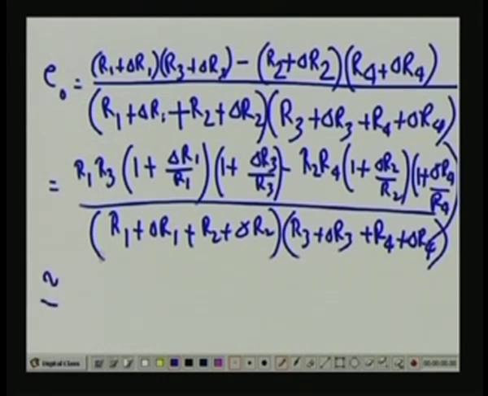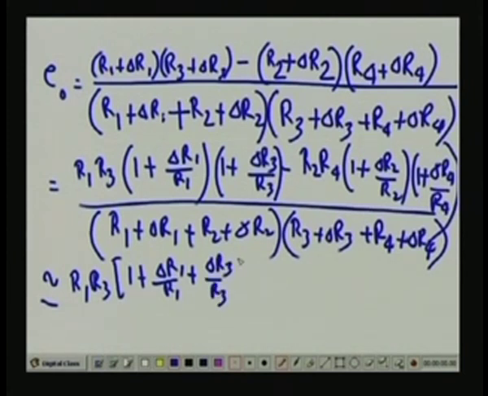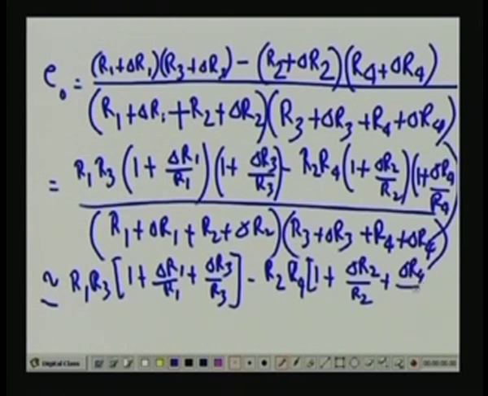So, this equation will be almost equal to R1 R3 into 1 plus delta R1 by R1 plus delta R3 by R3, minus R2 R4 into 1 plus delta R2 by R2 plus delta R4 by R4. Here also we neglect the product of delta R2 and delta R4, since this will be quite small,